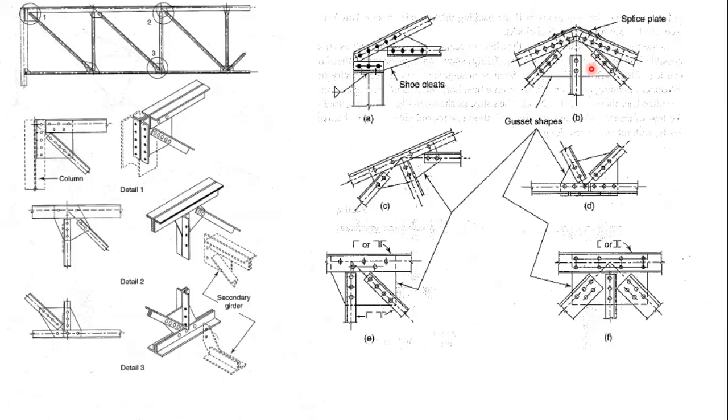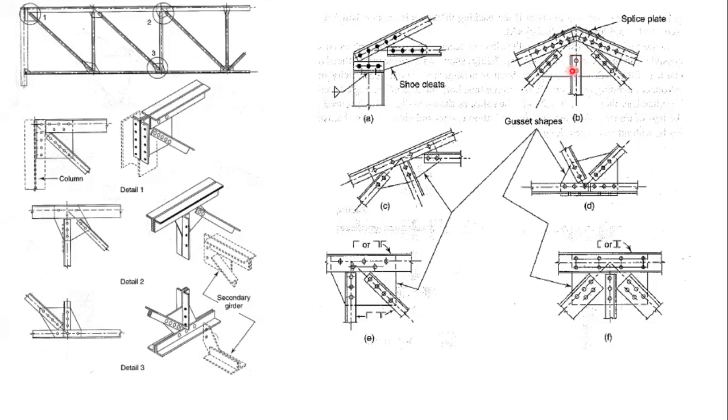If I use 22 mm diameter bolts, and if I adopt this member of ISA 30 by 30 by 8, then I'll be drilling a hole of 24 mm in this member. In a 30 mm width of the leg, I'm providing a hole of 26 mm or 24 mm. That should not happen. So you need to make sure that a sufficient amount of edge distance is available over this edge. The size of the bolts or fasteners that we provide will also govern the member size.